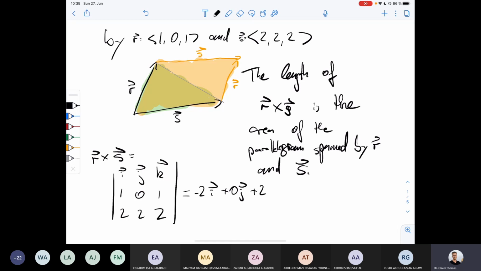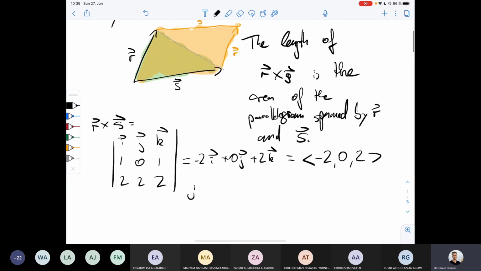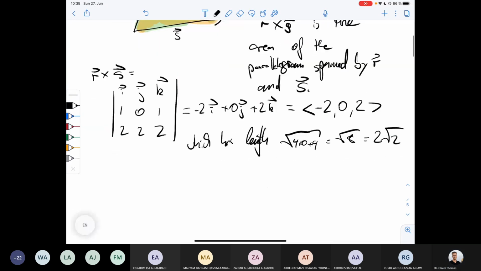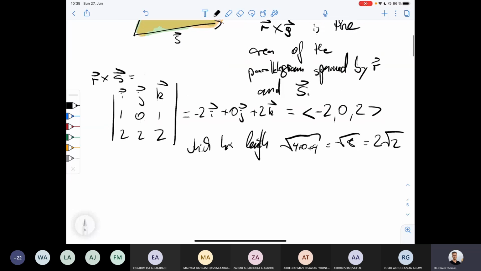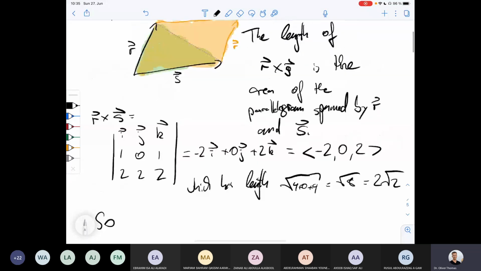So this is 2. So this is in total the vector minus 2, 0, 2, which has length 4 plus 0 plus 4, so square root of 8, which is 2 times square root of 2. So the area of the whole parallelogram